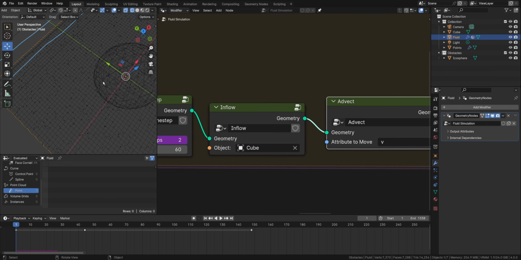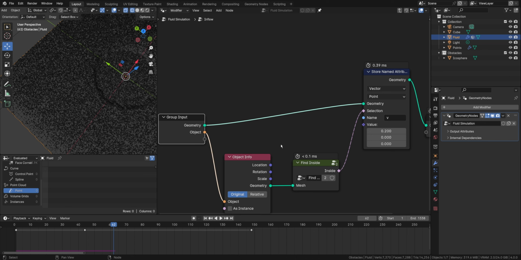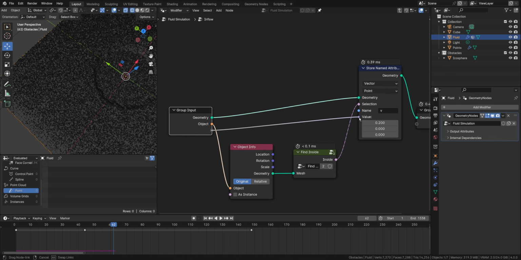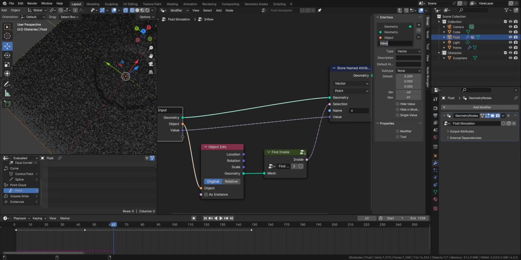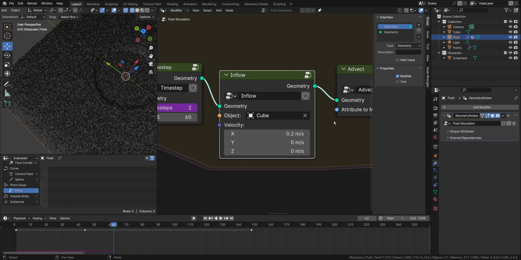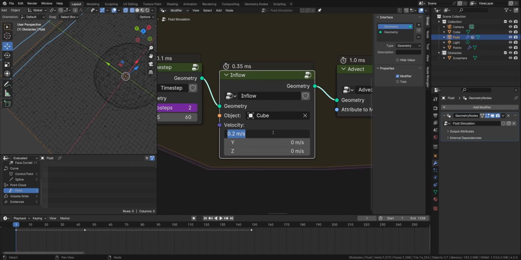But let's see what our inflow velocity actually is. I connect this here so that I can change this, and I'm going to call this velocity, and the subtype can also be velocity. Now it has those meters per second added for convenience. Let's do it in the direction of this ball, so -1 meter per second,